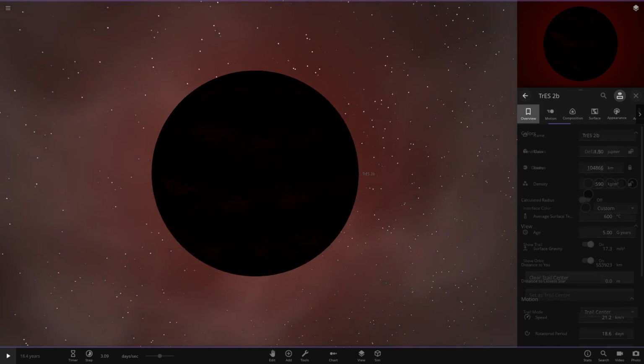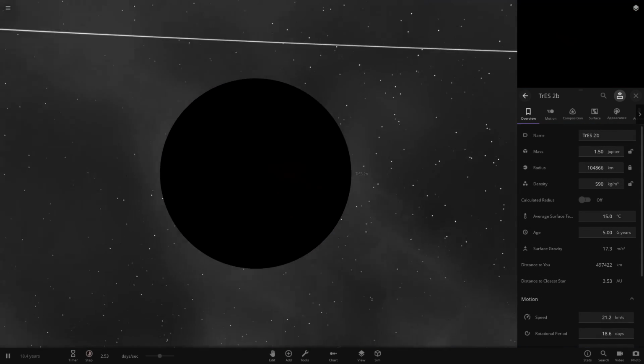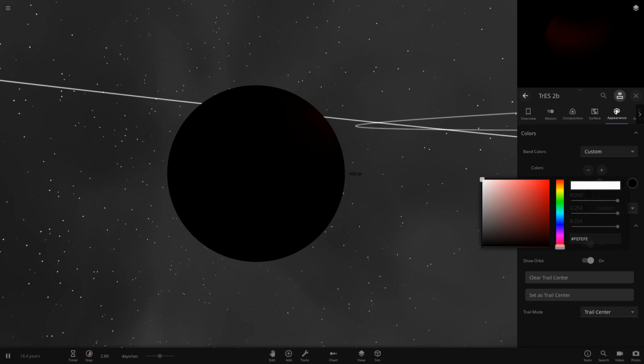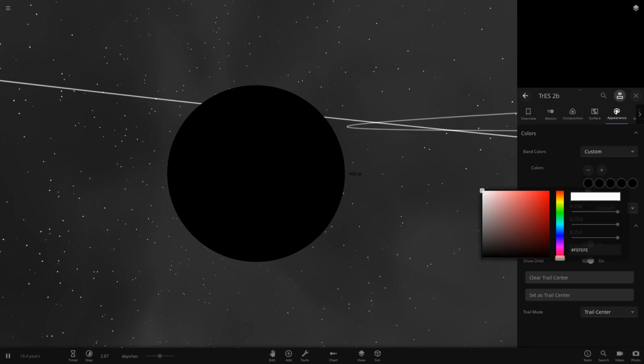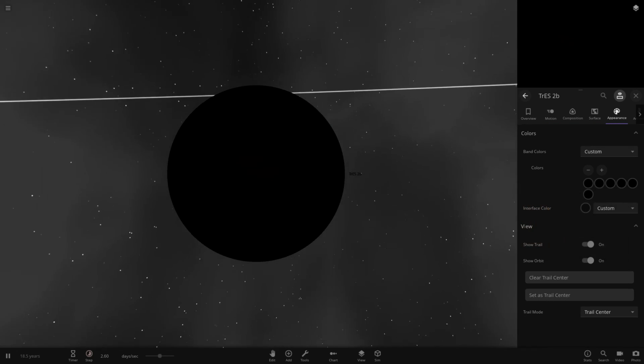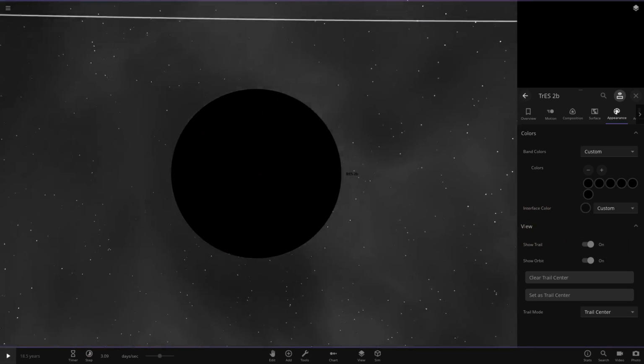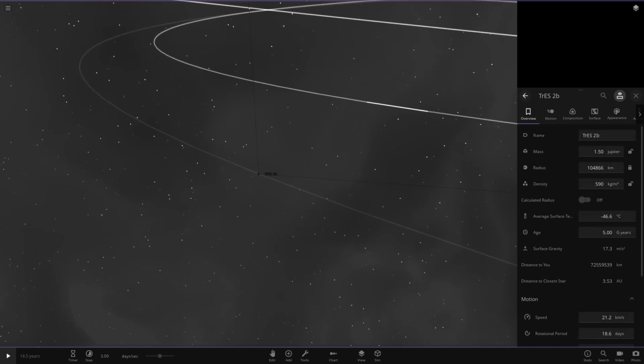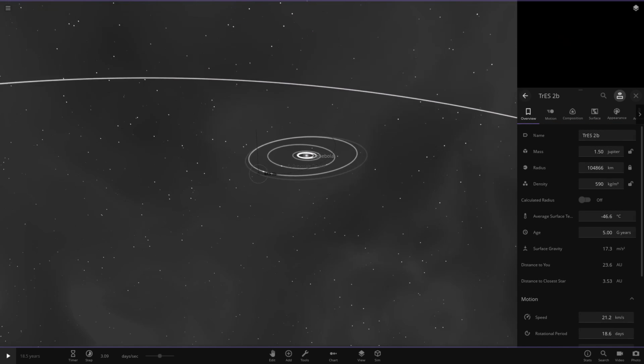Right, Trace 2B. It's the darkest planet, the all black. I'm guessing it will cool down, but that is fine. So there we go. And then, as you can see here, the colours don't do anything. So I believe this is tinted, this object. So yeah, the colours won't mean anything, but there you go. So that is the darkest planet. Pitch black. Absolutely pitch black there, which is awesome. So there we go. What we could do is have that in orbit